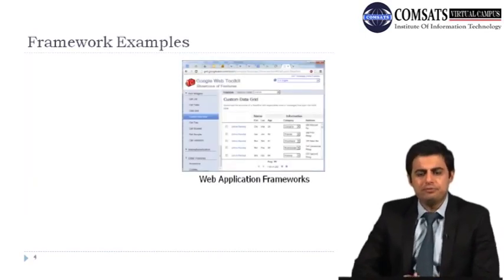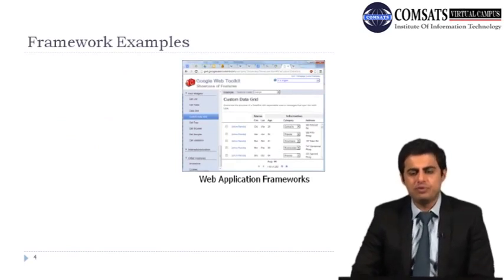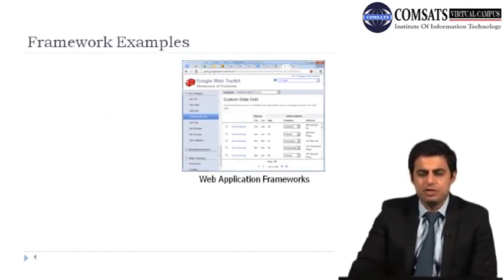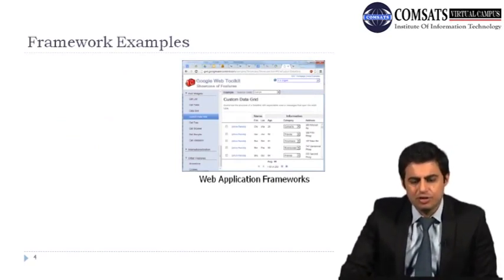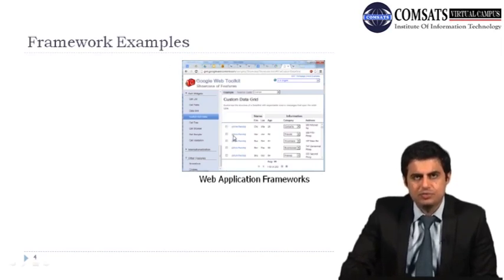Okay, if we look at some examples of frameworks, this is a typical framework for making web applications. What it is doing for you is that, if you look at this window, it has all different features, and you can select a feature according to the application you are developing.